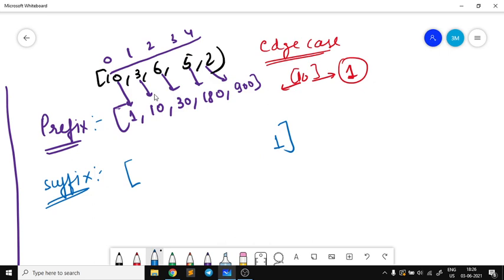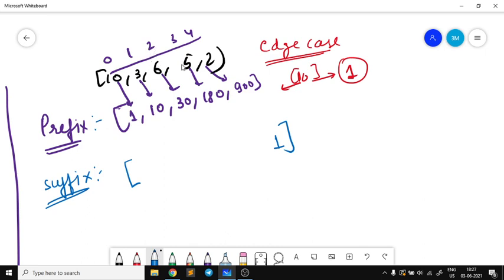It is a bit confusing, because in the prefix, if I want to calculate for this 5, I have 30 for this one, so I will multiply 6 with it. For this second index I am getting the product of these two elements, so for 6 I am storing the product of these two elements, that is, the product till i minus 1.